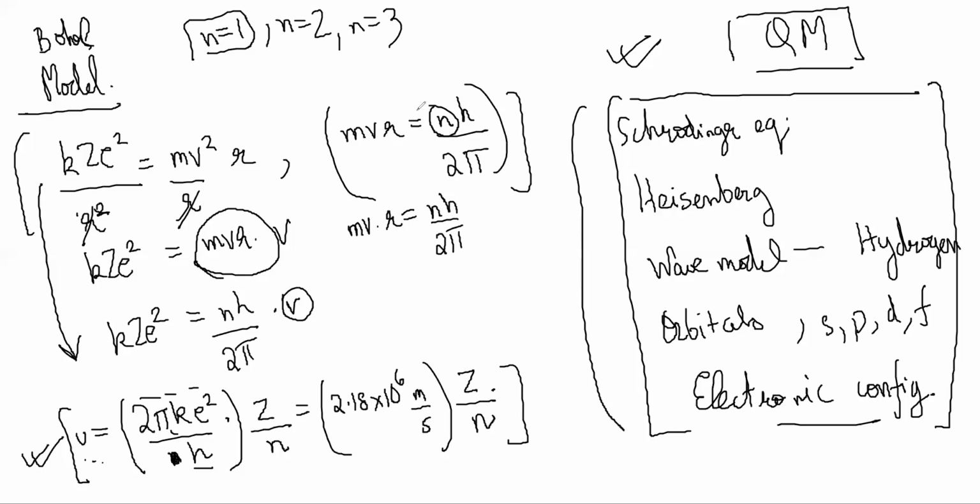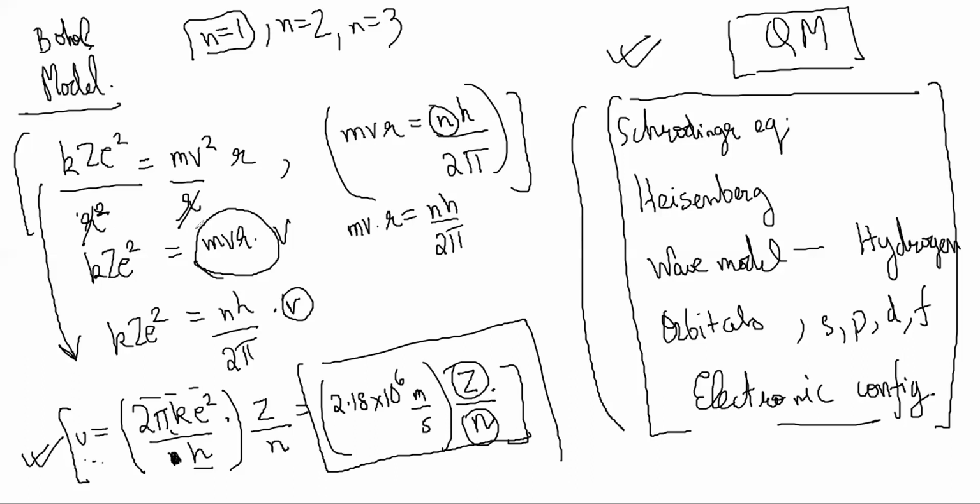N is the shell number, basically. Which shell you are in. Basically, it is the principal quantum number too. Right now, we have not done quantum mechanics, so we don't want to worry about that. But remember that it is the orbit number, the shell where you are. So this is the z by n. Z will be the atomic number, n will be the orbit number. So remember this formula, and whenever you need some other terms or the constant, then you should do the derivation and check, right?